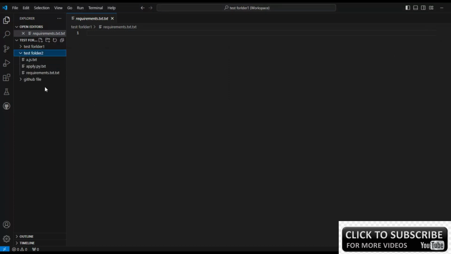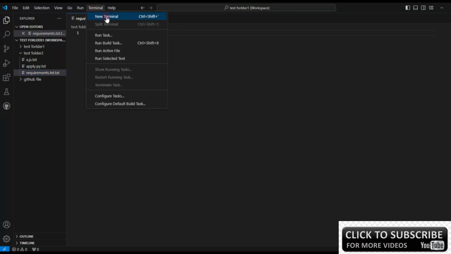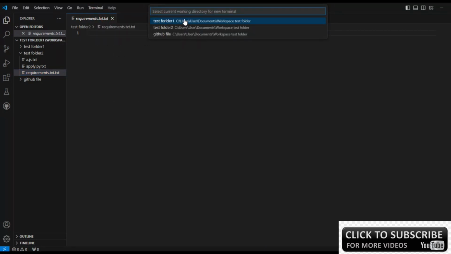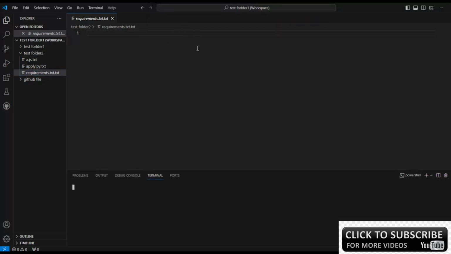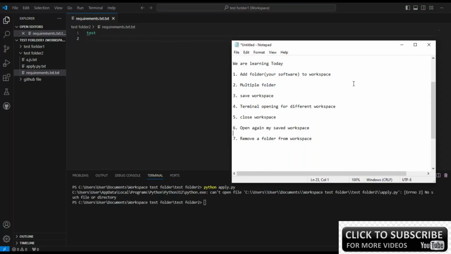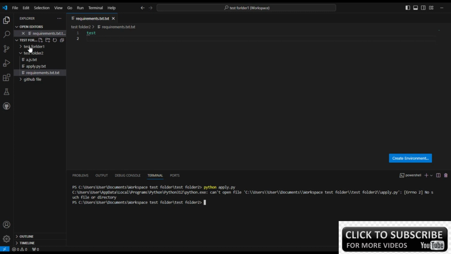suppose I'll start coding on that particular part. Okay, now click here and New Terminal, and in whichever software you usually want to work, just click that particular file. Okay, that is folder 2. So I'll select for closing any particular folder, particular project. Just click that project folder and